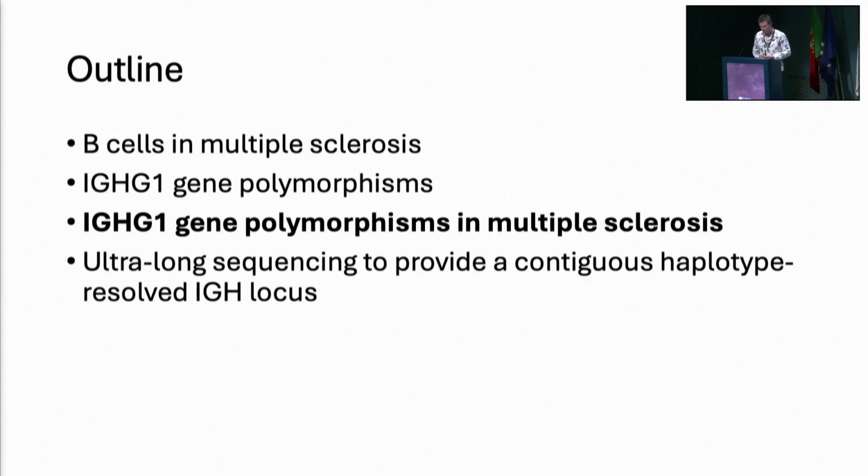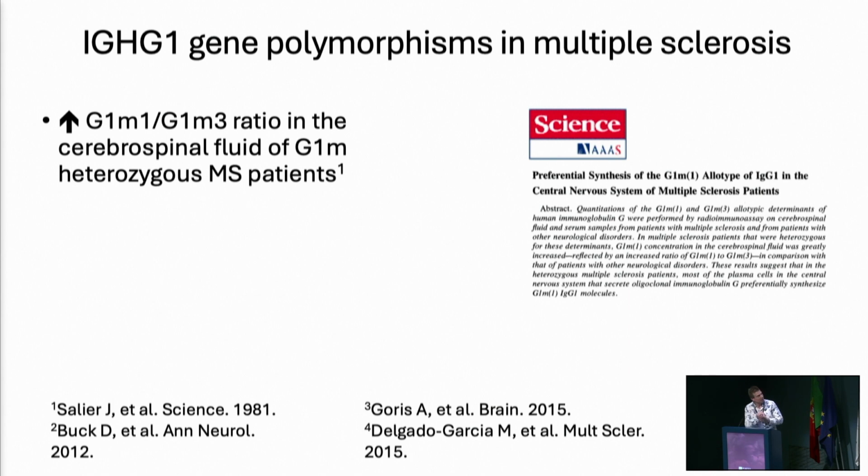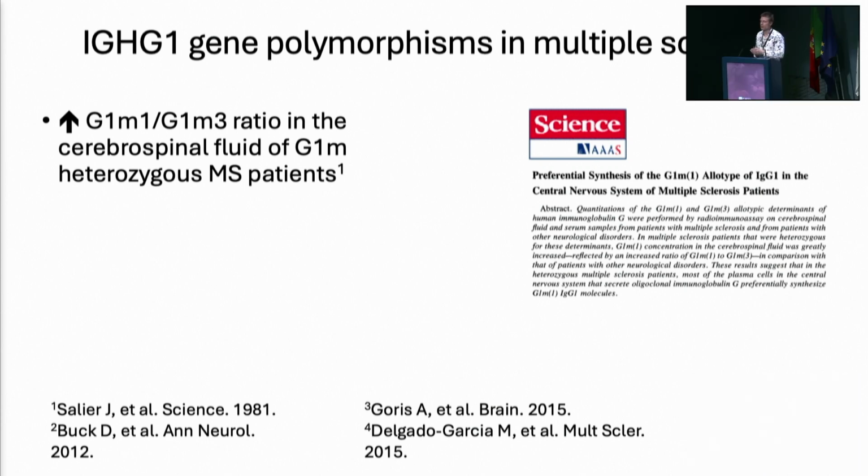So what does all this have to do with multiple sclerosis? This story begins a long time ago, in 1981, which was the same year as AIDS was described for the first time, and the same year that Prince Charles married Lady Diana. And this paper was published in Science, where Salier and Handy showed that if you measured the concentration of IgG1 using antibodies against the M1 and M3 allotypes, you saw that there was more M1 than M3 in the cerebrospinal fluid of MS patients, in M1 and M3